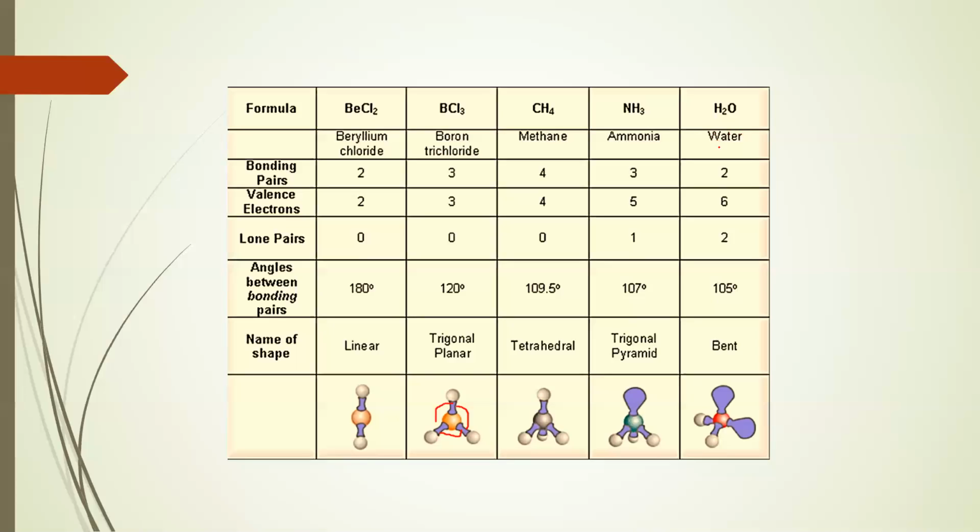Then the water molecule has a bent shape. You can see 2 non-bonding electron pairs. That means totally 4 electrons of the oxygen atom are not participating in the bond formation. Hence, its bond angle is 105 degrees. Right, as you can see, as the number of lone pairs of electrons on the central atom increases, the bond angle decreases. I repeat, the bond angle decreases.